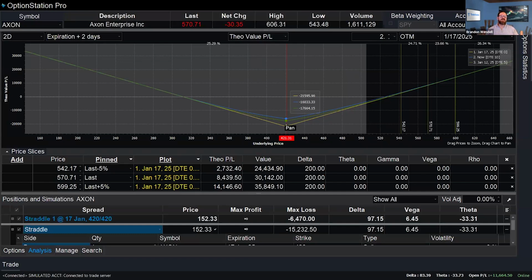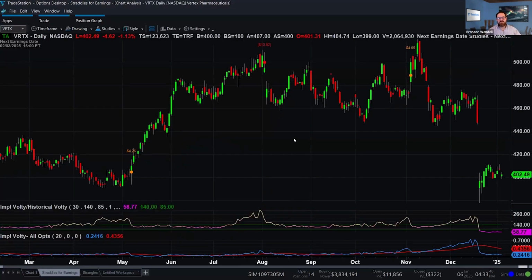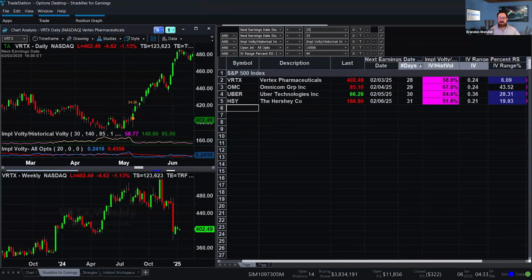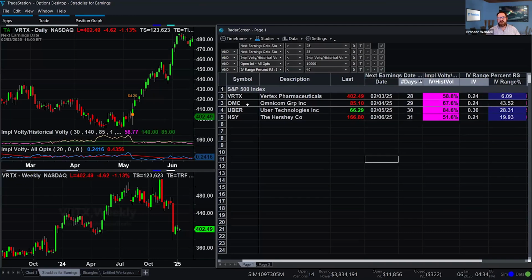And that makes it a little bit easier to focus on one Greek by taking the other ones out of the play. So if I were looking at the current options, again, that's why with the filters that we have, we set them up in a certain manner. Actually, it was 25 to 35 days. You can see I've got some slim pickings right now, but I can also increase this and do a list.